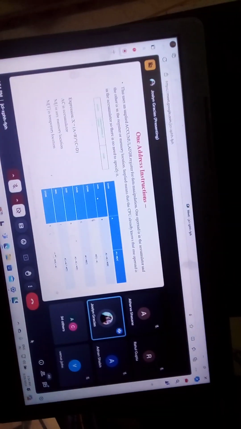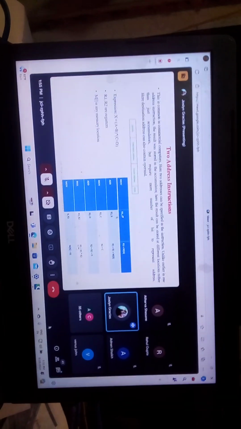Is my mouse visible, by the way? Yes, ma'am, the mouse is visible. Okay, so this is my add B instruction. You can see what it is doing here: it puts the contents in the accumulator after the addition operation is performed. So my accumulator is becoming my destination, which is not mentioned in my instruction. This is the one address instruction. The address of one component, B, is given here, and the accumulator's address is not given.